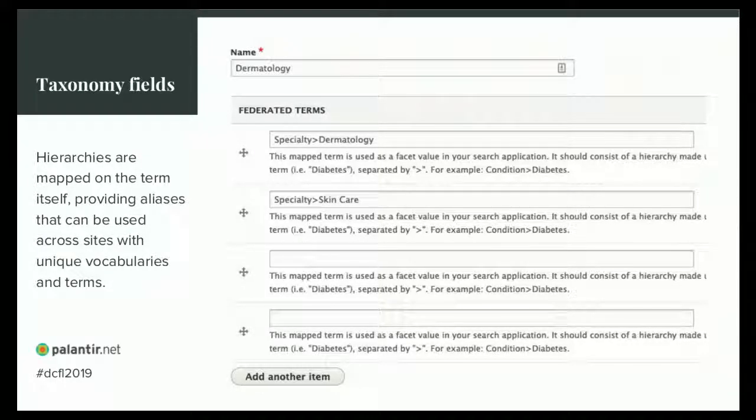I would literally make a giant spreadsheet of all my existing terms and the mapping that I want for them, and then figure out what kind of update hook I have to write in order to read that CSV file and make the changes. The big challenge is going to be building that spreadsheet, right? And getting the editors to agree